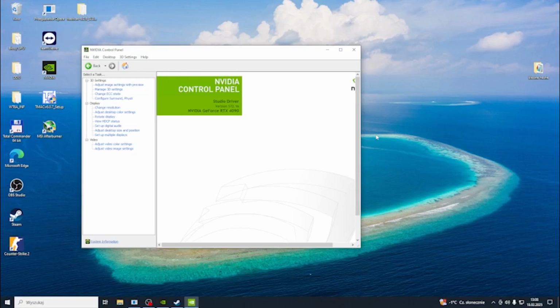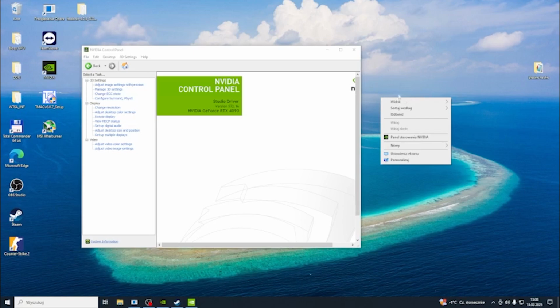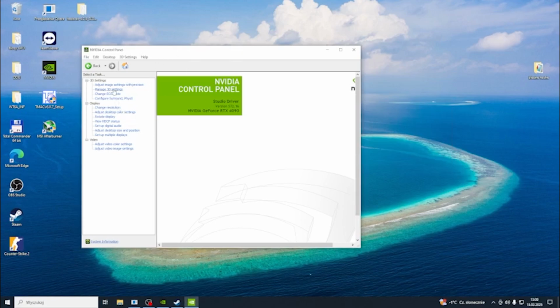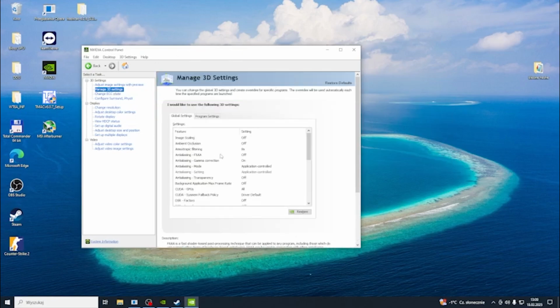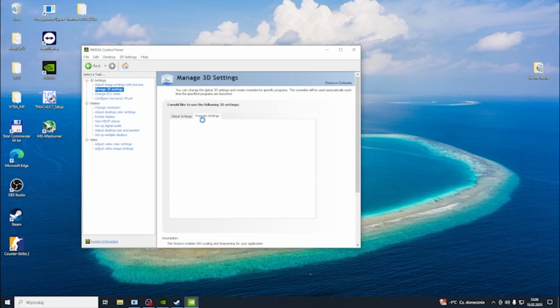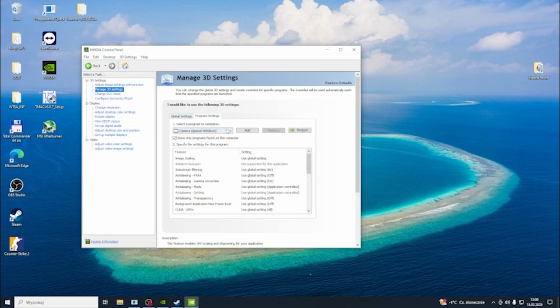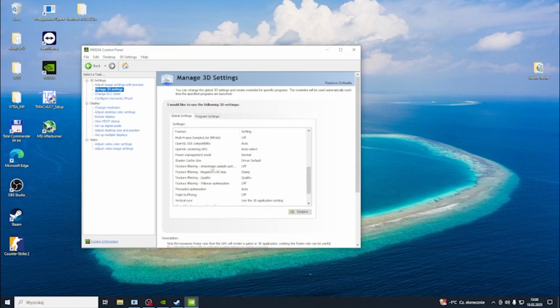To do it, you need to go to the NVIDIA Control Panel by right-clicking on Home on the desktop, then finding NVIDIA Control Panel. Now it should open this app that I have right here, and we can go to Manage 3D Settings. Then, depending on whether or not you want to adjust it for all of the apps or for a certain program, you can go to either Global or Program Settings. Then in Program you can also set which program to set it for, and you should see the vertical sync here. You can click on it to change it,